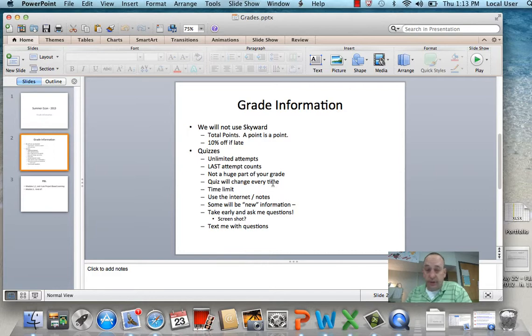You are allowed to use your internet notes to look up questions. The test is partly some new information. Maybe it dives a little deeper or goes off in one way. Hopefully you know a lot of the answers to the questions. Hopefully they're not all new, but there are a few in there, and the idea is that the quiz or test is also a learning experience, and you can go out there and dive into new questions or find new answers.